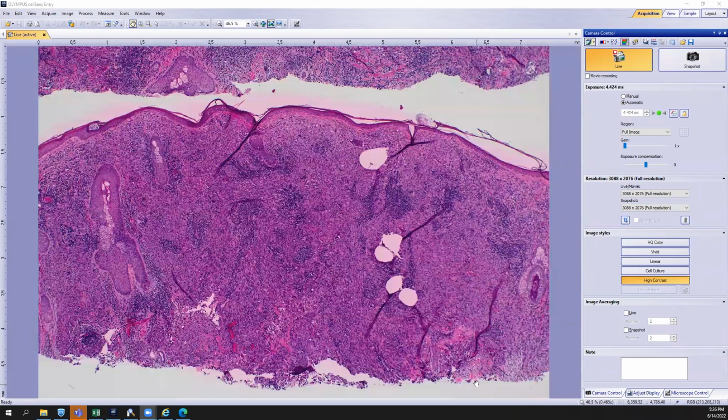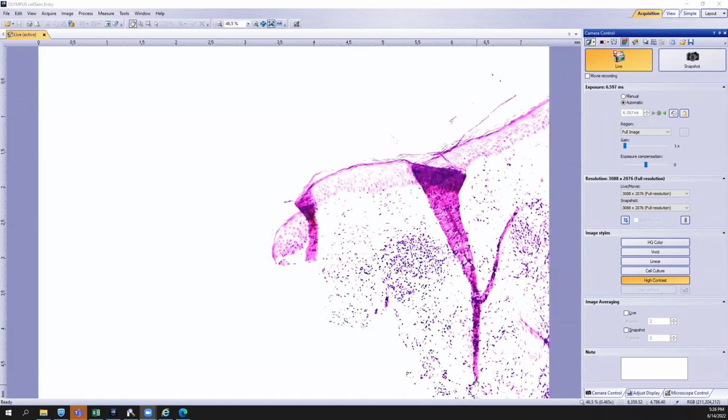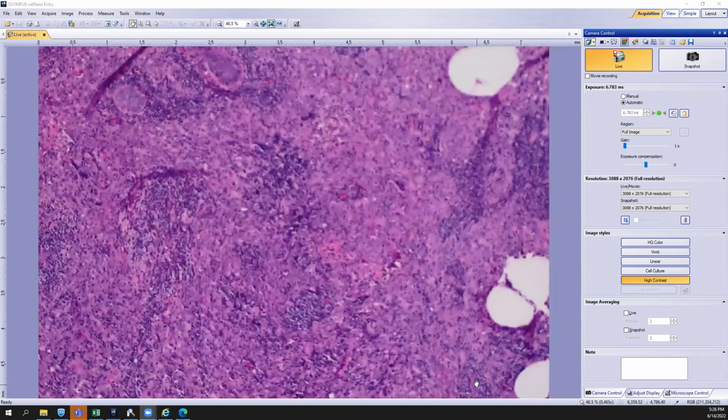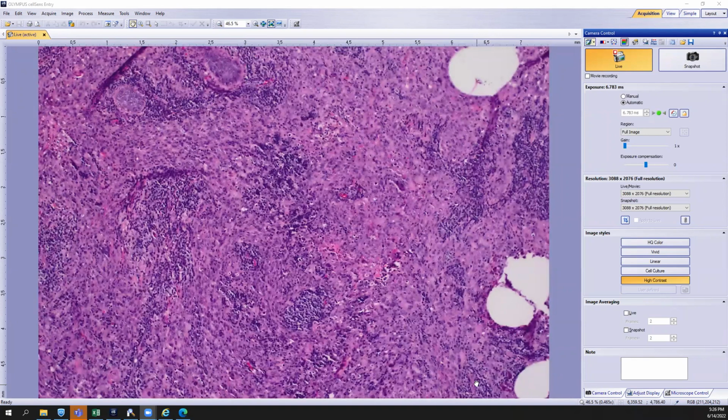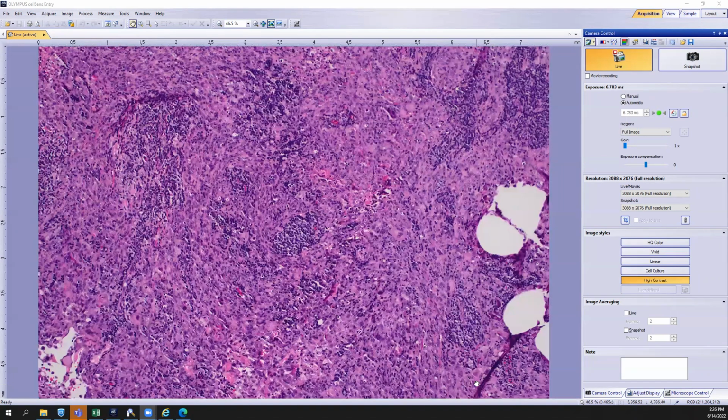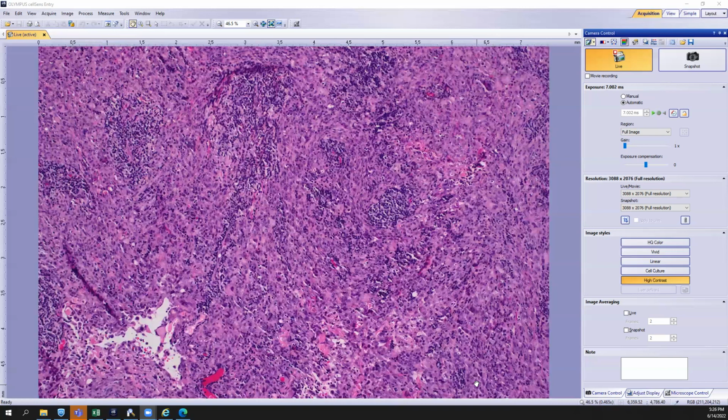Okay, so we are looking at a shave biopsy of a specimen that happened to be on the scalp of an older gentleman. And you can see a very dense proliferation of cells. Some of them look lymphoid and maybe perivascular, and then others look epithelioid to maybe even spindled in nature. And it's kind of hard to tell where the perivascular lymphocytic inflammation begins and ends,